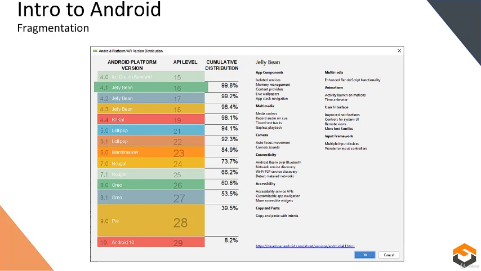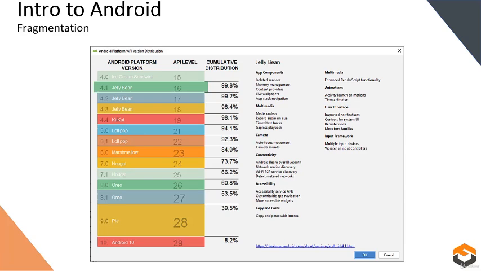The dashboard shows the percentage of Android devices that are running each OS version and lower. For example, here we see that at the time of this report, Android 10 was the latest available release version. However, Android 10 had only 8.2% of the distribution. The bigger the jump in the cumulative distribution, the higher the number of Android devices running that specific version.